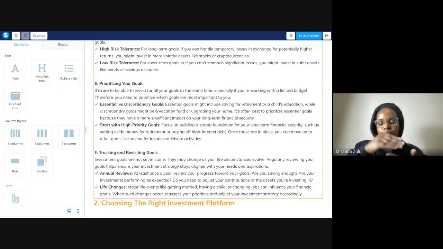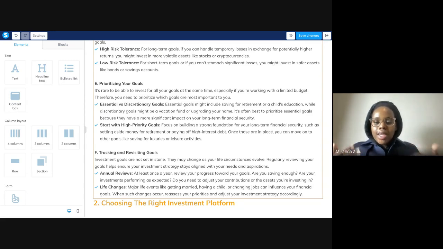For me, I did all three simultaneously, but I wasn't overwhelmed by my debt. I didn't have a lot of debt, so I was able to save, invest, and pay off the debt that I had. And now I'm in a position where I have no debt and I'm able to save more. But for the season that I'm in as a freelancer, as someone who is essentially self-employed, I need to have more to do investments and all of that. So in this season, my contributions look very different compared to when I was working a full-time job and able to allocate more towards my investments.